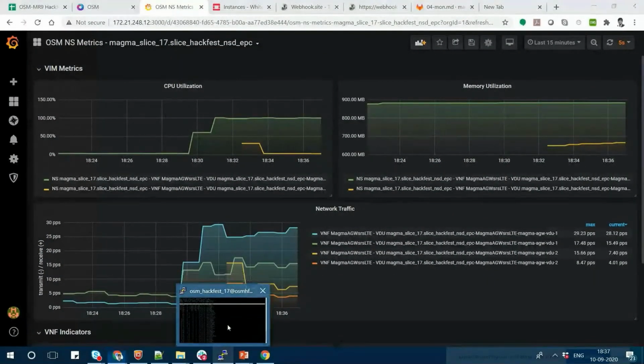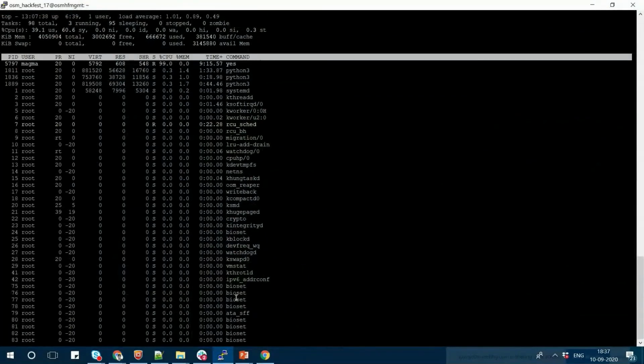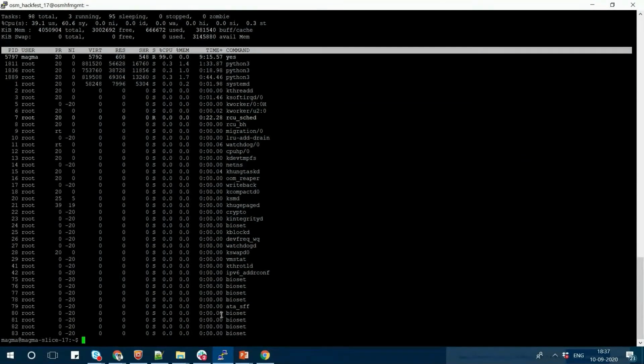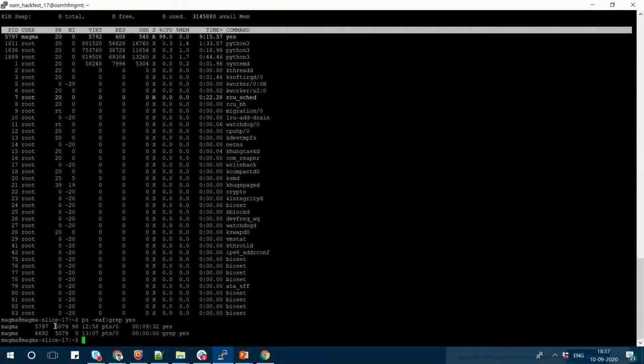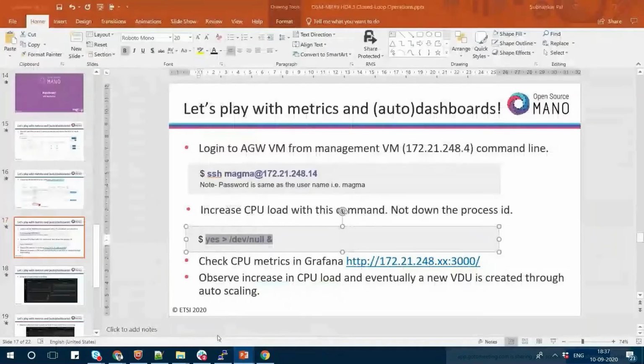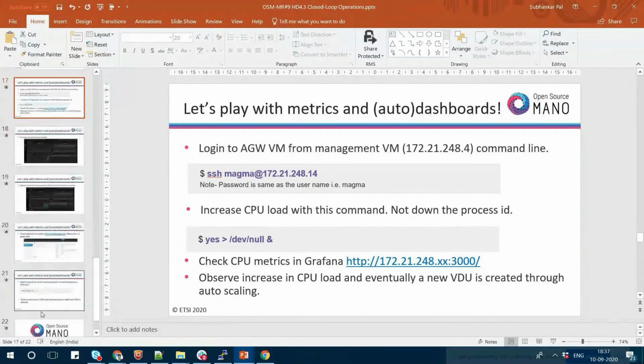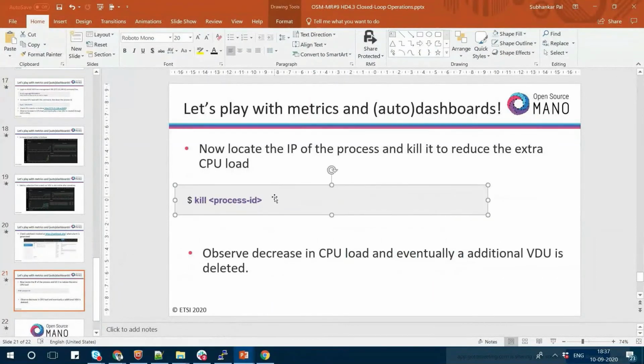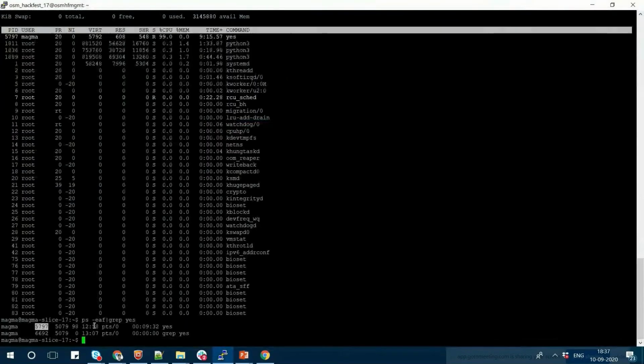So for scaling down, let me stop the stress. It is very easy to remove the stress. Go to the same VM where you had stressed it. Use ps -eaf and grep yes, just to find your process. So my port is this one. It is written here as well, so you can follow this. Just go and kill this process. Just find out your process ID here and then kill this process